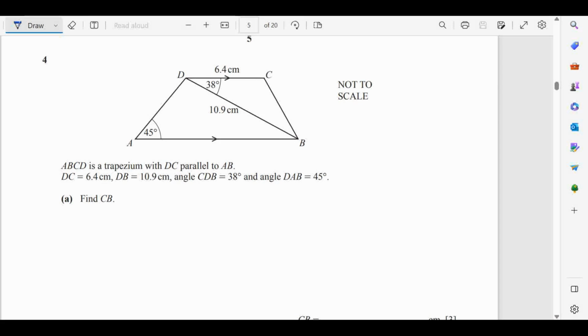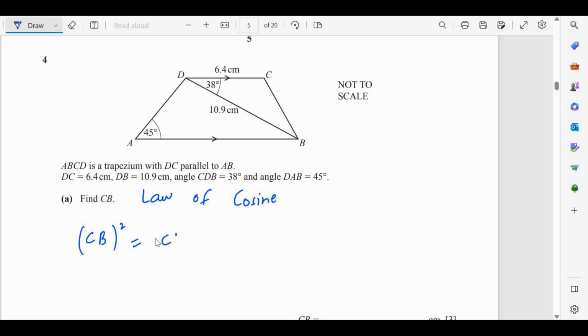Question number 4. ABCD is a trapezium with DC parallel to AB. DC is 6.4, DB is 10.9, and CDB is 38 degrees. Now find CB. It means we need to find out CB, this side. As we can see, it is not a right angle triangle, so we can use the law of cosine. Now we can write it as CB whole square will be equals to